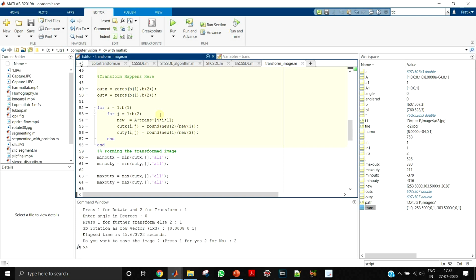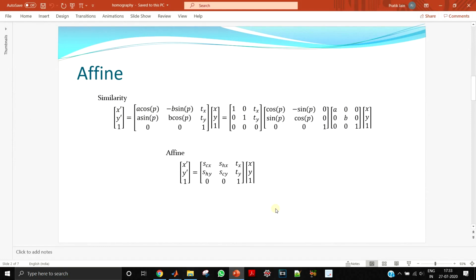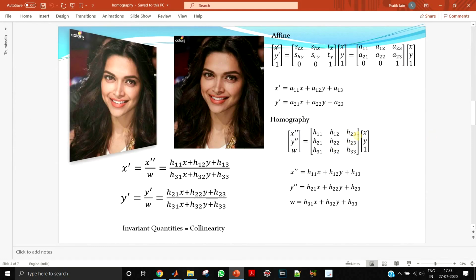So let us see what is the main algorithm over here. For all the pixels, for i going from 1 to b1 and for j going from 1 to b2, this is the main transform equation. We know that the transform equation is like this. This x and y are nothing but the coordinates of the original image.